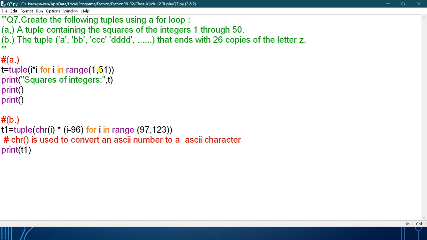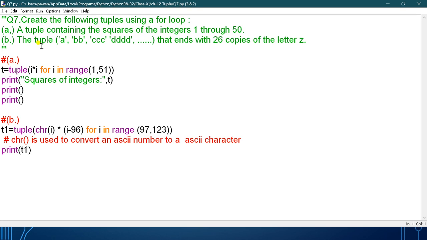It will run 1 to 50. So it will first take the value of i as 1. So 1 multiplied by 1 is 1. Then it will give the square of the integer, that is 1. Now again it will give the value 2. Now 2 into 2, then 3 into 3, okay, till the last value comes. By this way you will get the squares of the integers.